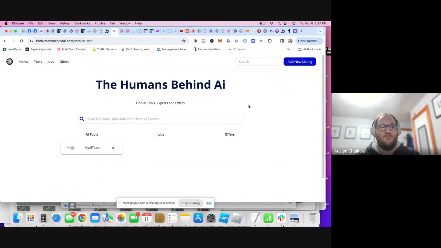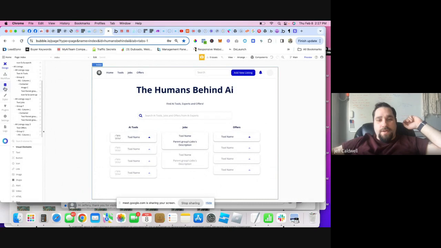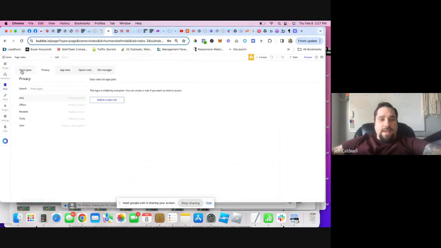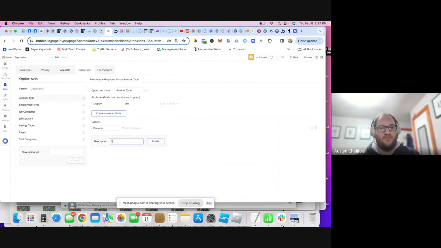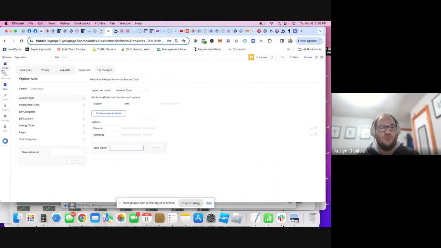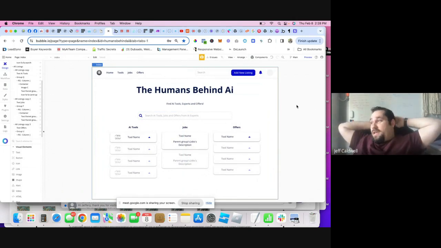So what if we had some form of custom onboarding? Right. So let's add the data type. The option set is going to be account type. And then one is going to be personal, and then one is going to be company. And if there's both, then they'll have both. And then that could be a check on. And so we'll have it maybe when they have here, it will be